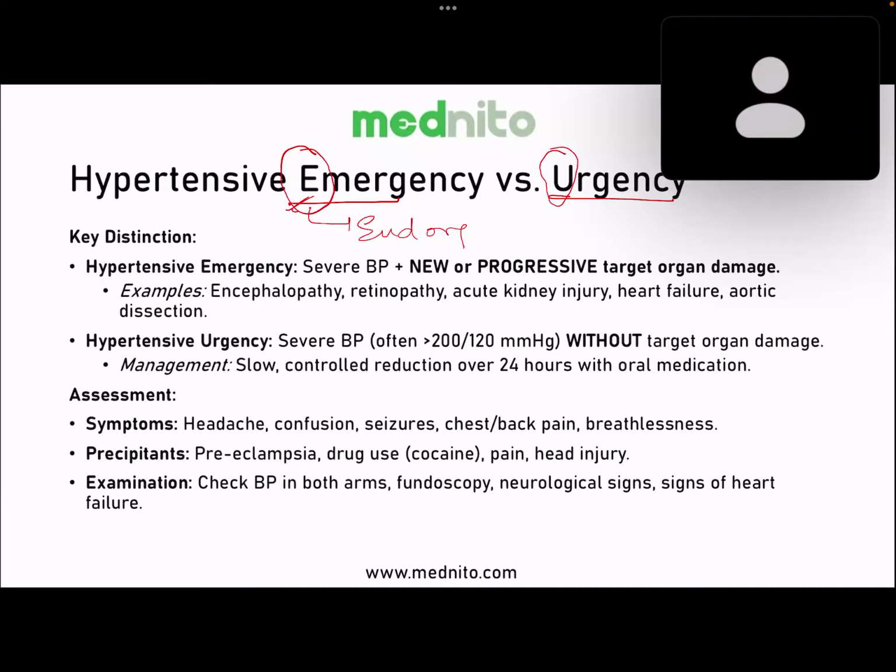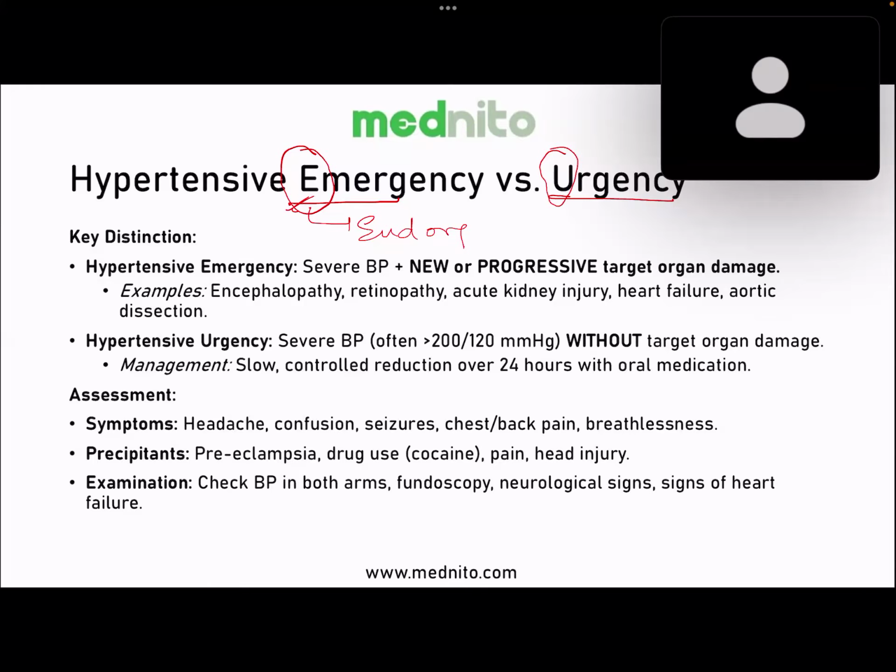What do you mean by organ-specific bloods? Say, for example, if the renal system is injured, there will be a rise in creatinine. If the liver is injured, there will be a rise in ALP or ALT. That is one thing you will have to remember for end organ damage. If the heart is involved, it is usually the troponin that is raised, and ECG findings will be seen.